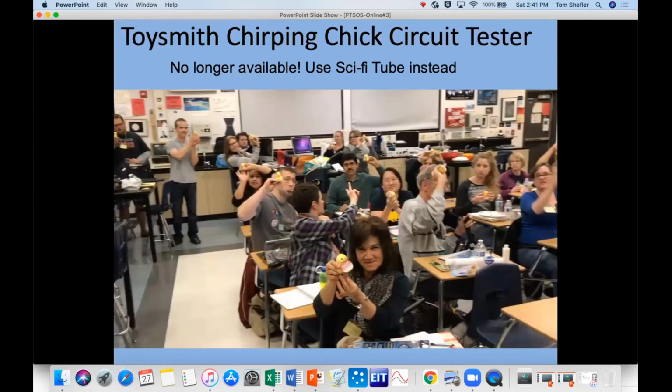So let's do some electricity stuff. And so this is kind of a simple activity. It's a sort of circuit tester or continuity tester. And this one, unfortunately, is no longer available, but we do have a substitute we'll show you. Tom has. And I think some people like this one more. It's not as cute, but